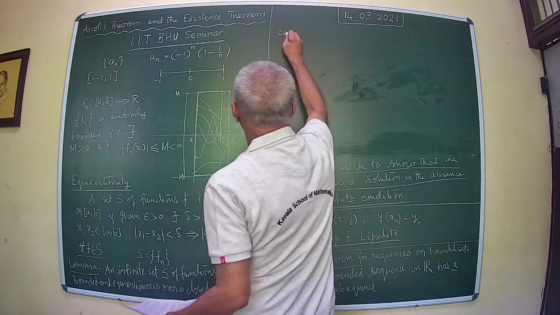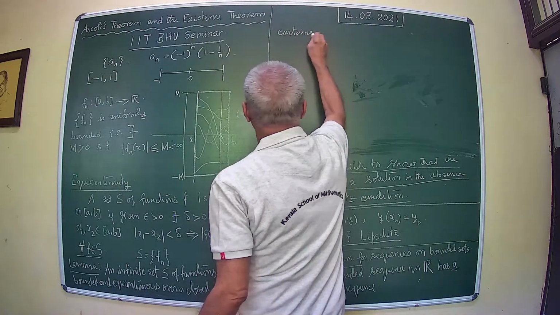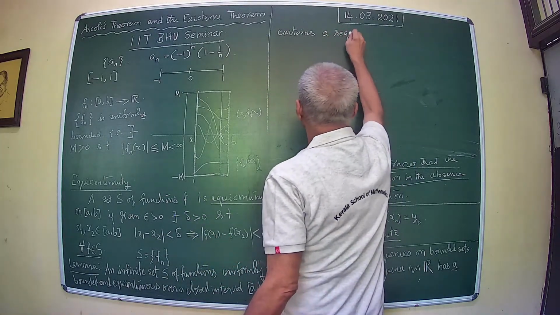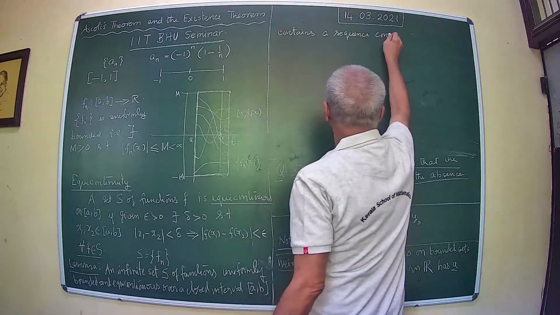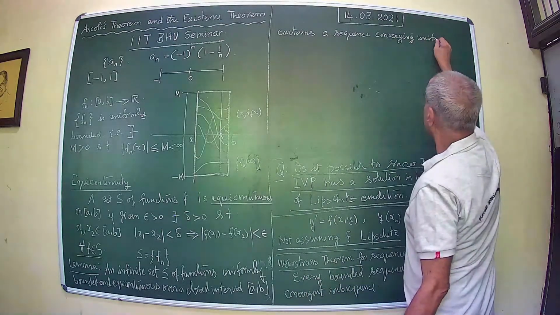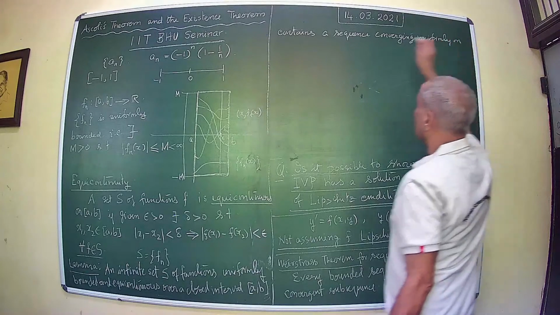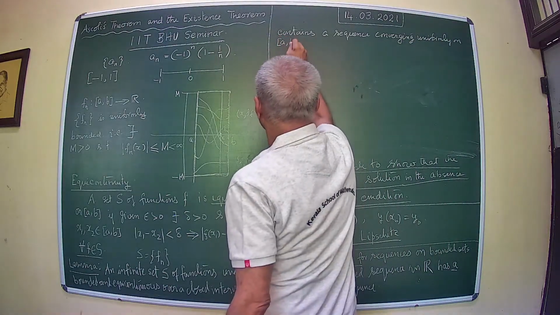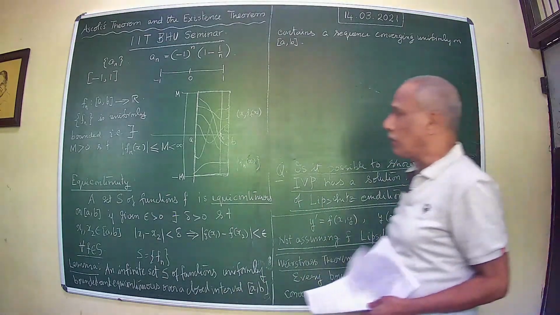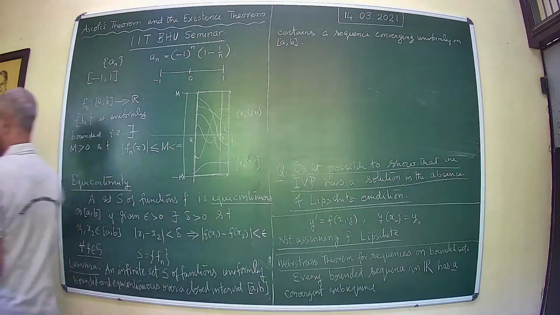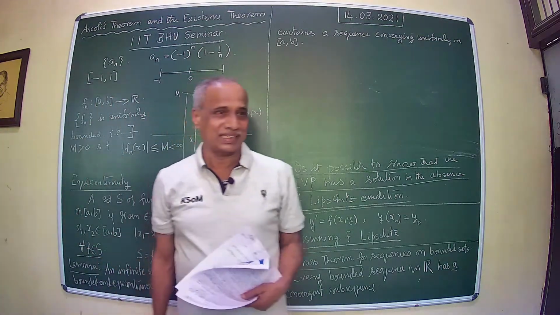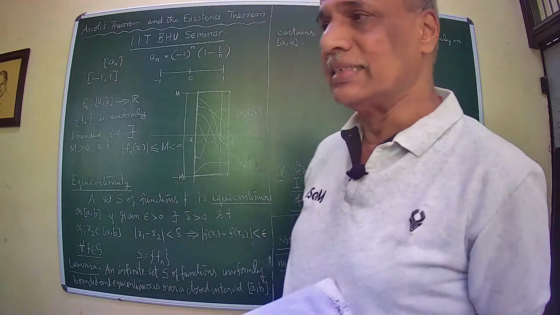Contains a sequence converging uniformly on [a, b], and consequently the limiting function is a continuous function. The only problem is that you are only making a statement that it has a convergent subsequence, or it may have more than one convergent subsequence. Therefore, there may be several